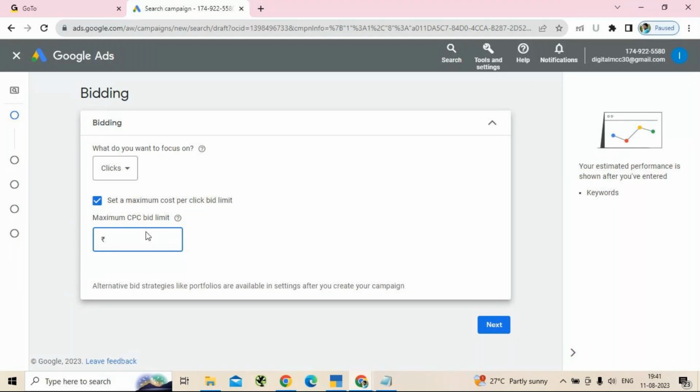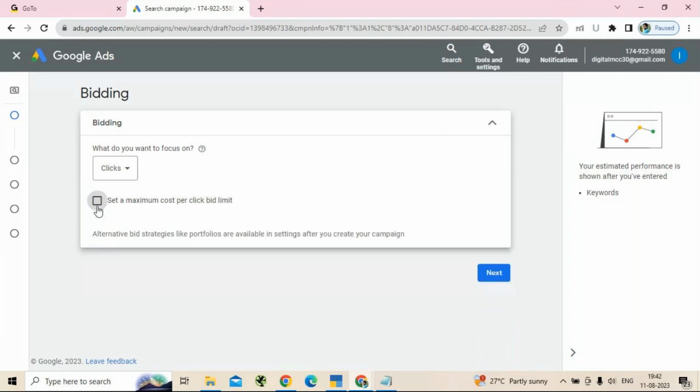Okay. Suppose you are ready to pay up to 50 rupees per click, you can give it over here, but I don't recommend this to start with, because you have to see how it gets calculated. All those things you can see with the first two or three ads only. So untick this, unless you are very sure of the maximum value it can go for, then you can give the value. So let me untick this and go for the next option.